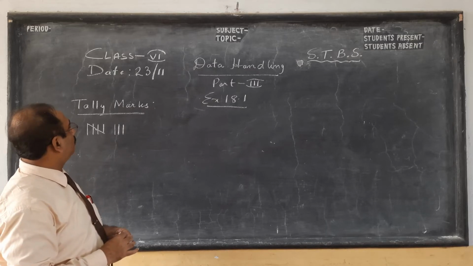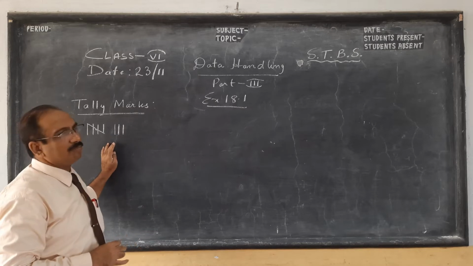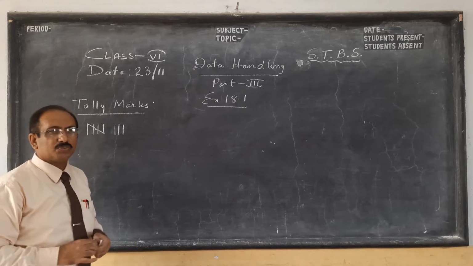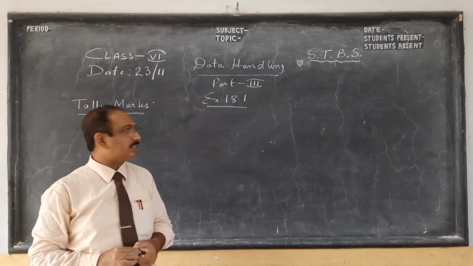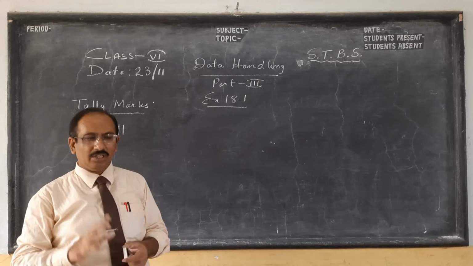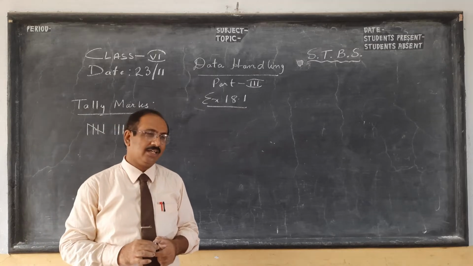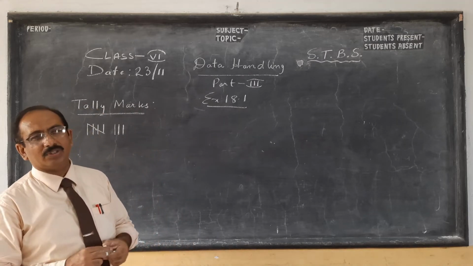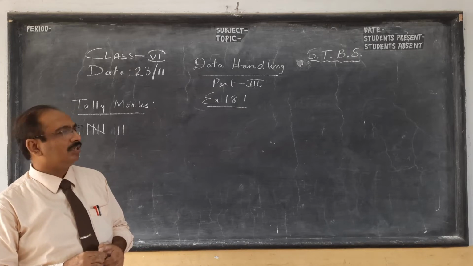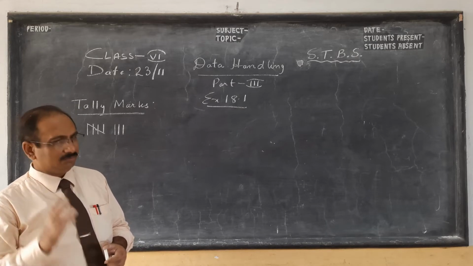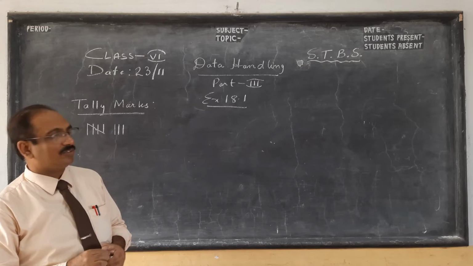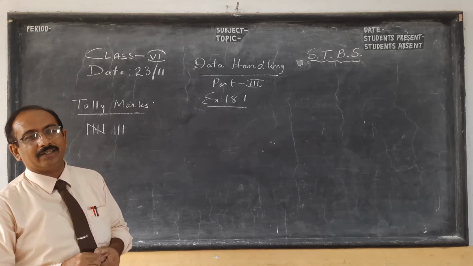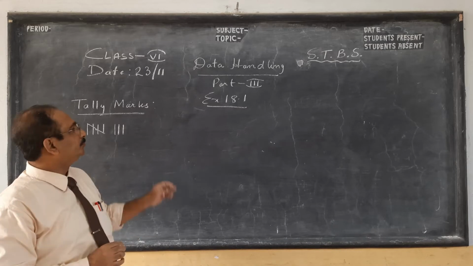So here we go with what is a tally mark. With one example I'll explain. When I was very small, I remember. So today's class I start with a story. When I was in class 5 and 6, we had a very old washerman. He used to come, he was maybe 70, 75 at that time. He may have died by now. This was somewhere in the late 80s, early 90s, when I was in class 5 and 6.